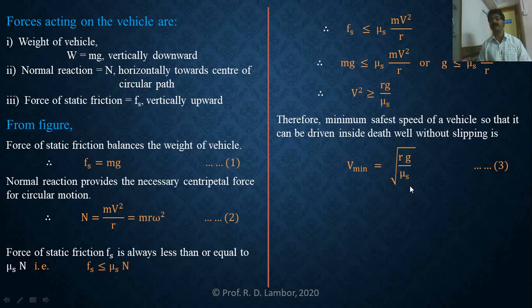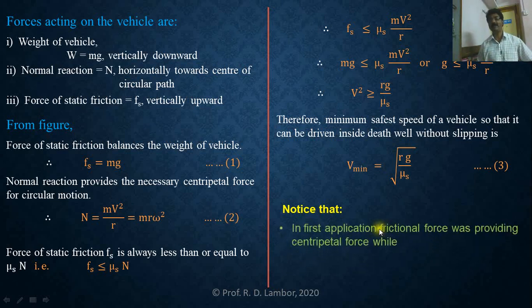So here we have completed the second application of circular motion, the well of death or wall of death. You can notice 2 points here. In the first application, can you remember, the vehicle was moving along a horizontal circular track. In that first application, centripetal force is required. Can you remember who provided that centripetal force? Yes, in the first application, frictional force provides the required centripetal force.